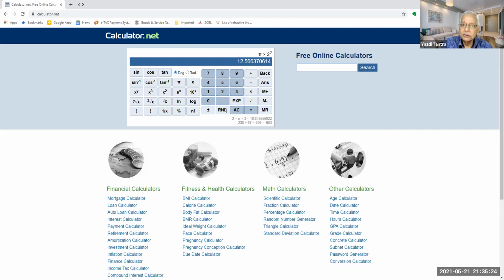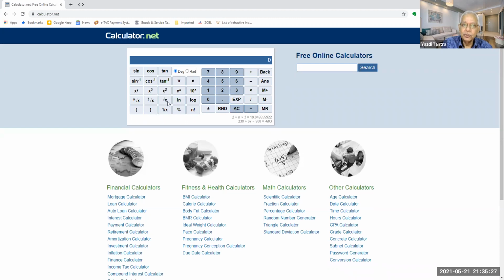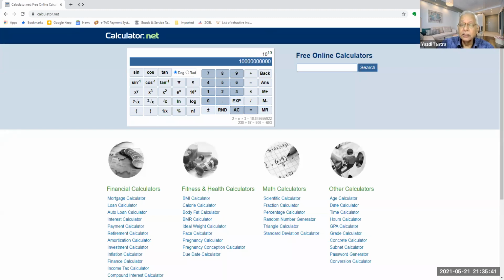Okay, so very simple. So you can do a square root, you can do whatever, you can say square root of say 81, and the answer is immediate. You can do all sorts of things like 10 raised to x. So you say 10 raised to 10 is, the answer is immediate. 10 raised to 5, 10 raised to 2, very simple. You have logs, log 10 is 1, so 10 square into 1 is 100, and so on.